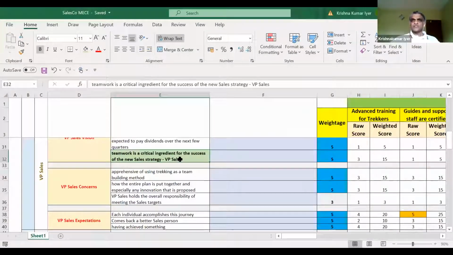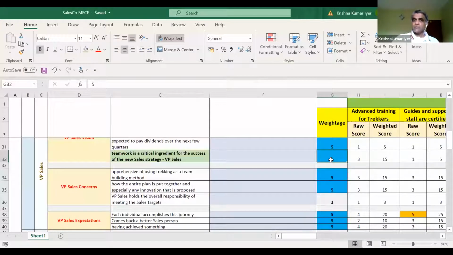Let's just go back to the basics. Cell E32, this is the issue that we identified from the RFP, and we have recorded faithfully into this issue chart. What is weightage, which is G32? This weightage is how important it is from the client standpoint. Is it very important? In which case we give a score of 5. If it is medium importance, we give a score of 3. If it is least important, we give a score of 1. In this case, this is very important, so we have given it a score of 5, and that's why I've color coded it differently in blue. So hopefully that stands out.